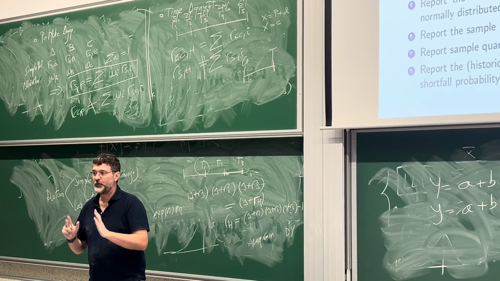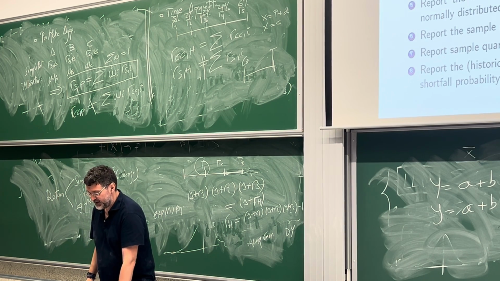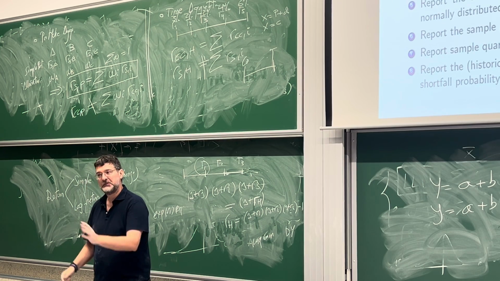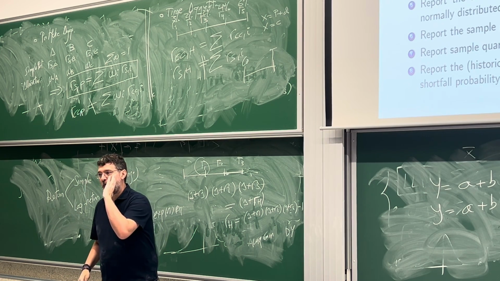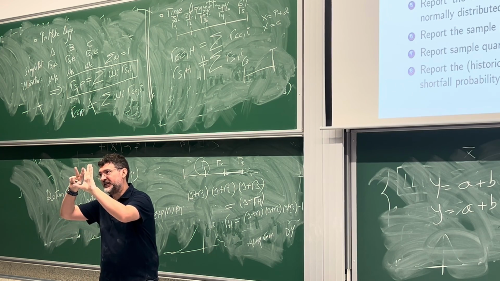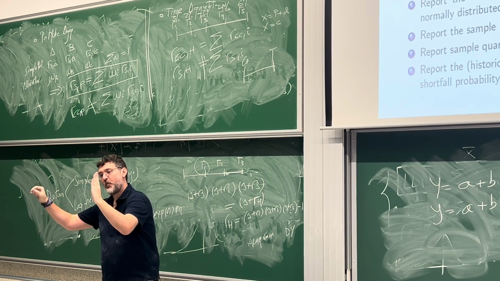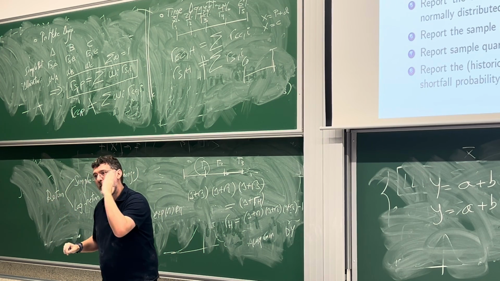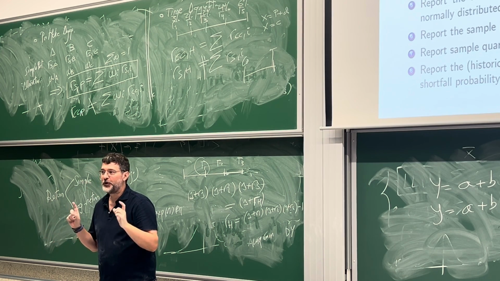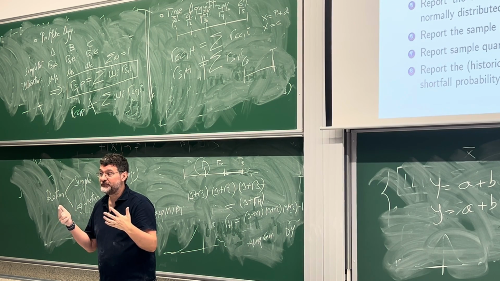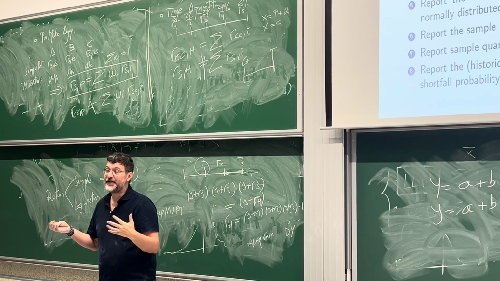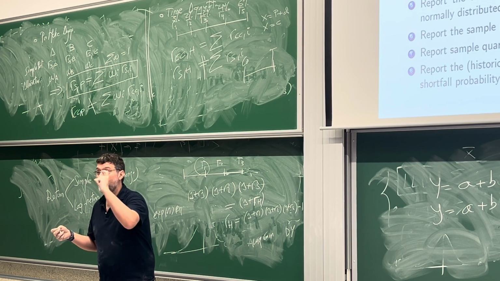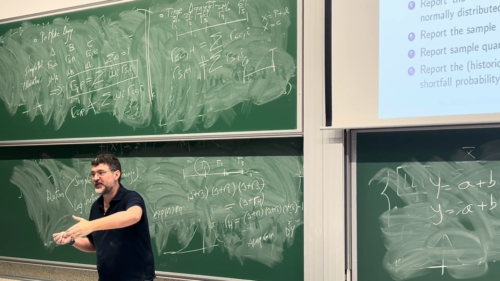Value at risk is, with a given probability, so typically something like the 1% chance or 5% chance. Look at the 1%. Think in terms of percentiles: 1% means 1% to the left, 99% to the right. So there is just a 1% chance of losing more money than a certain amount. Value at risk as a percentile is how much money I can lose with a given probability. So 1% value at risk is that there is just a 1% chance of losing more money than this threshold.